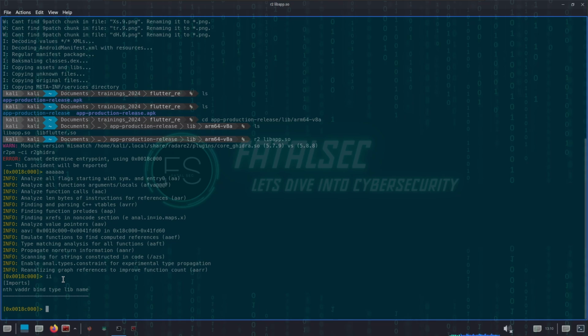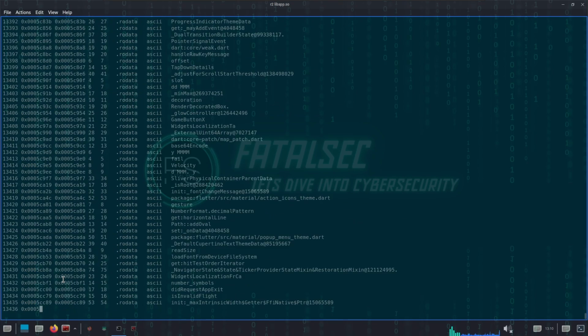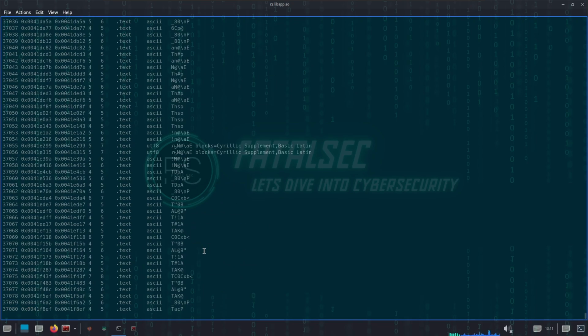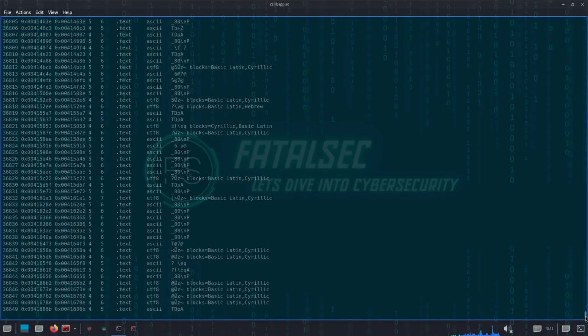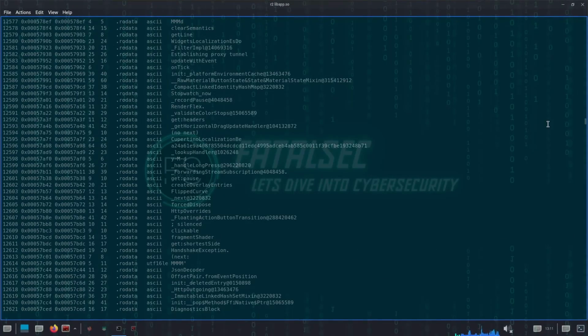Now let's try to list all the strings present in this library using the izz command. Oh, it identified more than 37,000 lines of strings. So in the result, you might see certain interesting strings. Let me scroll up a little bit. And there we go. You can observe some interesting strings over here, such as JSON decoder, handshake exception, HTTP